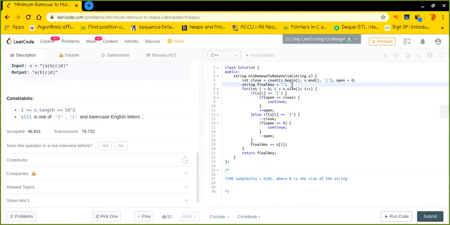But the question expects a string to be returned as its output, so we cannot take that into the complexity. Instead, this is the requirement, so we will not count it.